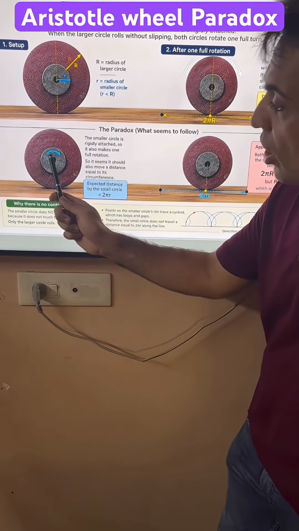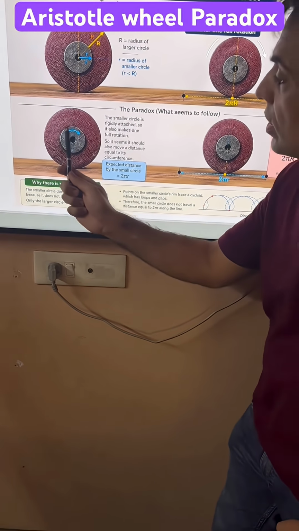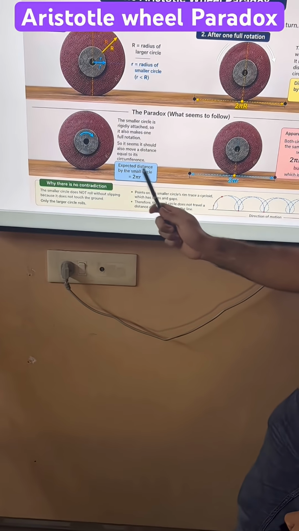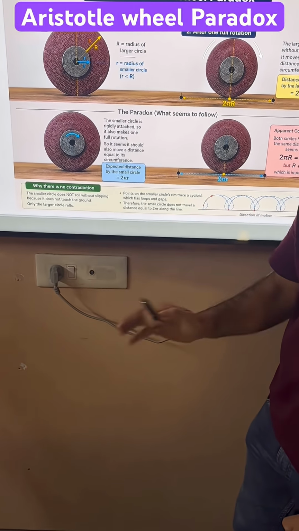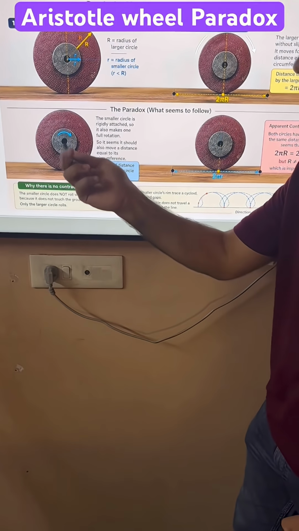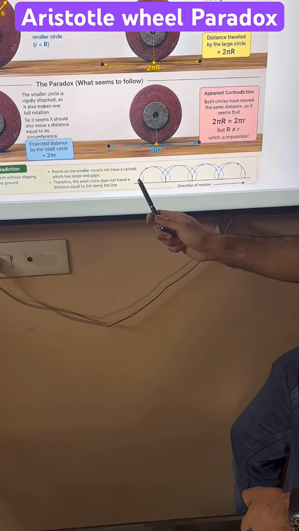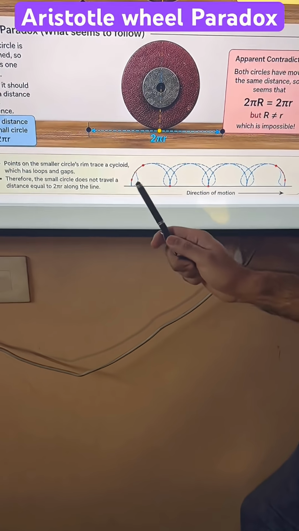Since it was not touching the ground, the length that we marked is not the circumference of the smaller circle. The expected distance by the smaller circle is 2 pi r, which is actually not equal to this. It was just an illusion that was created when I glued it together. But actually, if I move the two pieces separately, then the movement of the smaller circle will overlap at many